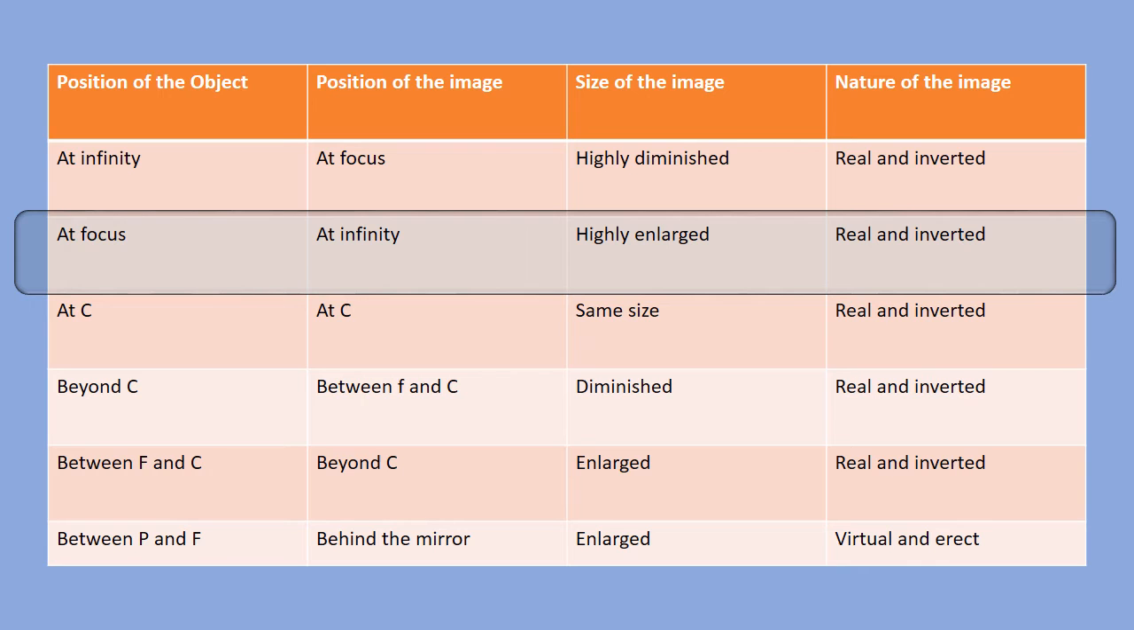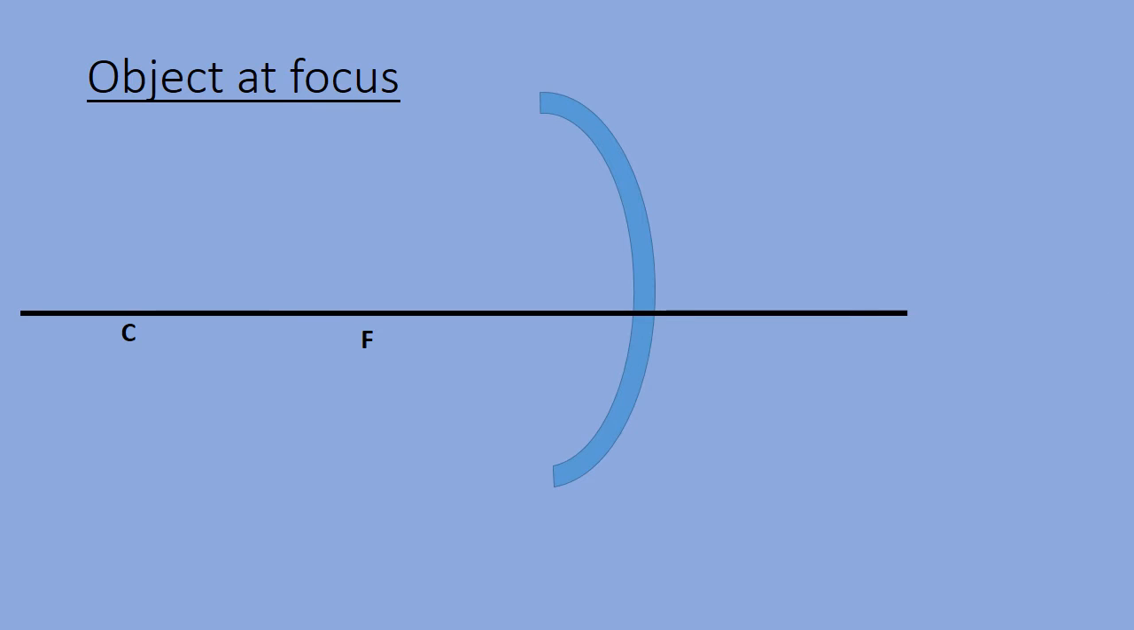Let's consider the second case. That is when the object is at focus, the image would be formed at infinity and it would be highly enlarged and real and inverted. Now let's assume the object is at focus. Let's consider 2 light rays. A light ray which is parallel to the principal axis and another light ray which passes through the center of